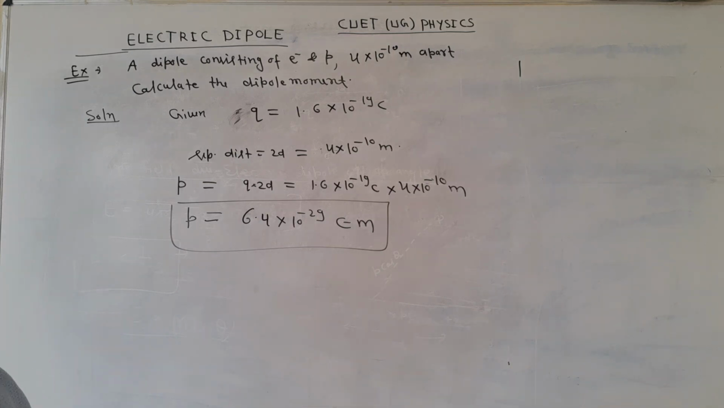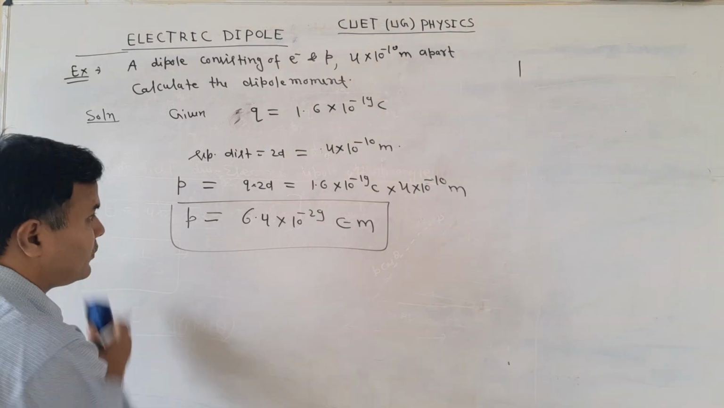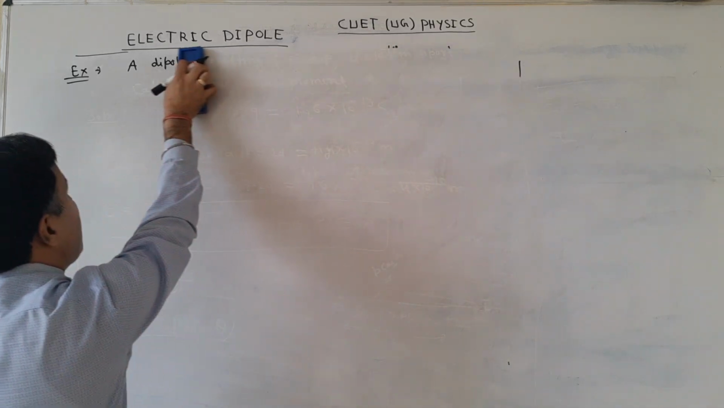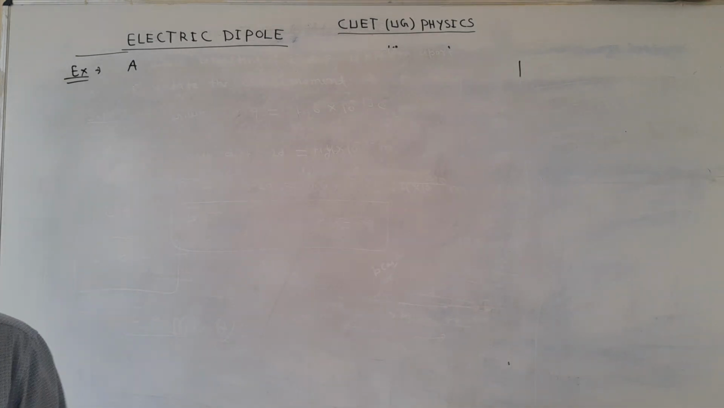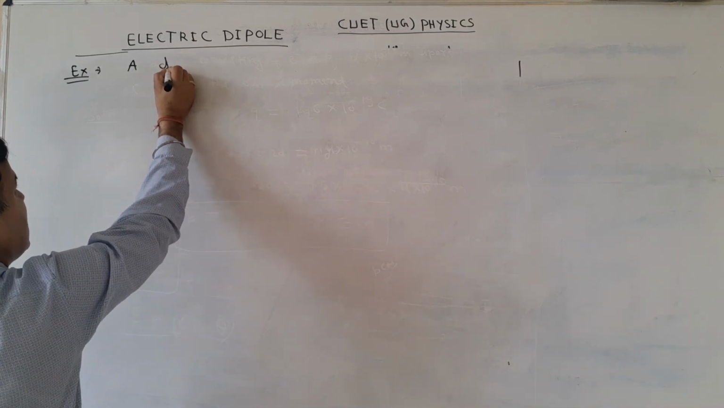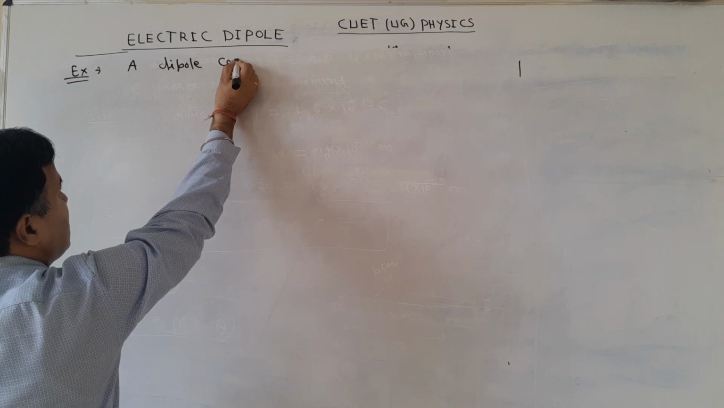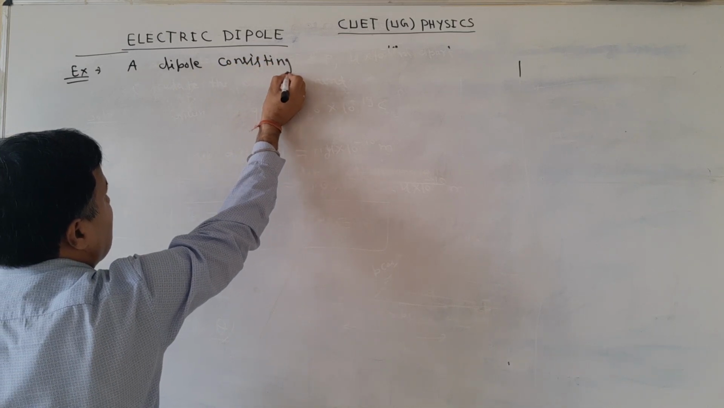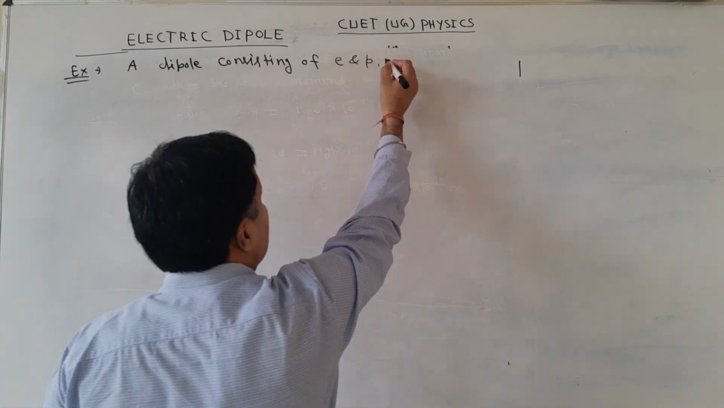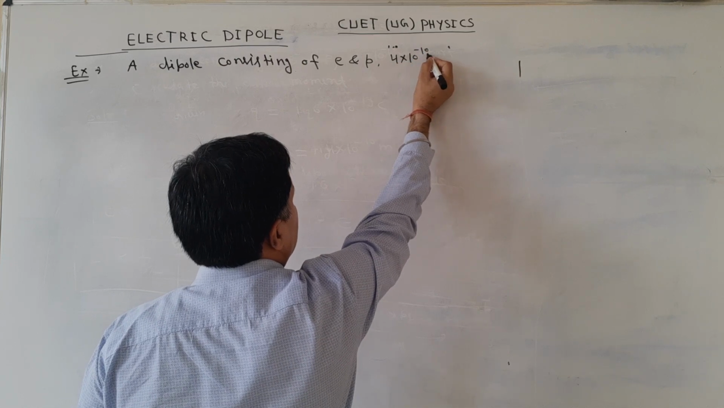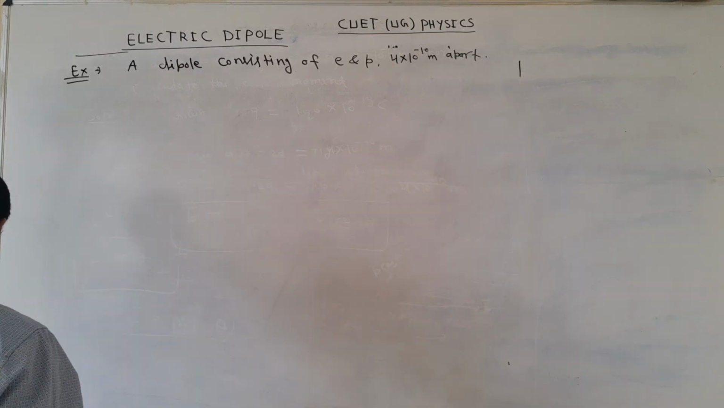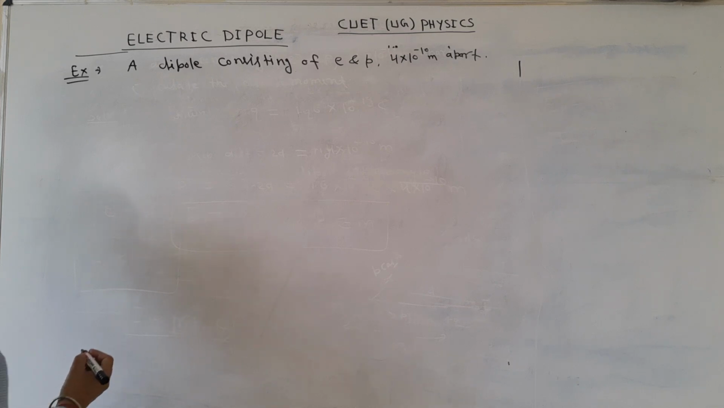Next we have a dipole, next example. A dipole consisting of an electron and proton, the same example, which are 4 into 10 to the power minus 10 meter apart. Compute the electric field at a distance